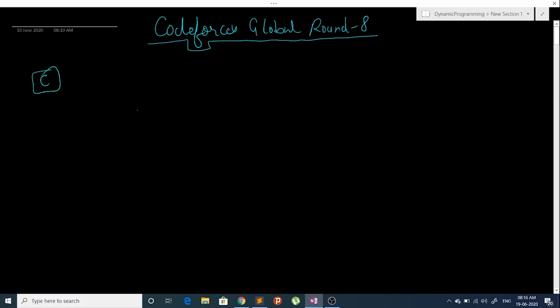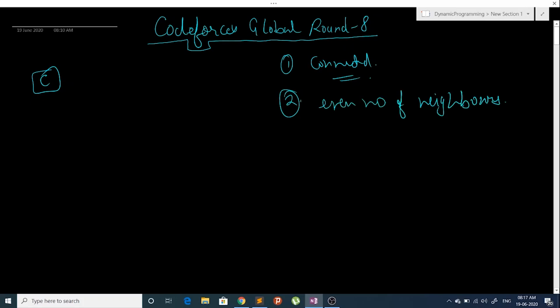So in problem C, we have to draw a picture using squares, and there are three rules that we have to follow. The first rule is that the picture should be connected. That is, we can reach from any gray cell to any other gray cell just moving on the gray cells. The second rule is that each gray cell should have an even number of neighbors. And the third rule is that there are exactly n gray cells